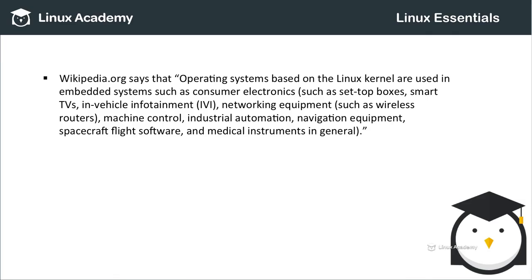Wikipedia says that operating systems based on the Linux kernel are used in embedded systems such as consumer electronics. These could be examples such as your set-top boxes, smart TVs, in-vehicle infotainment, networking equipment such as wireless routers, machine control, industrial automation, navigation equipment such as your Garmin or other devices for GPS, and spacecraft flight software, other medical